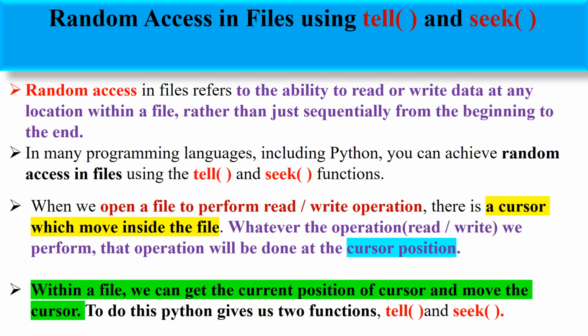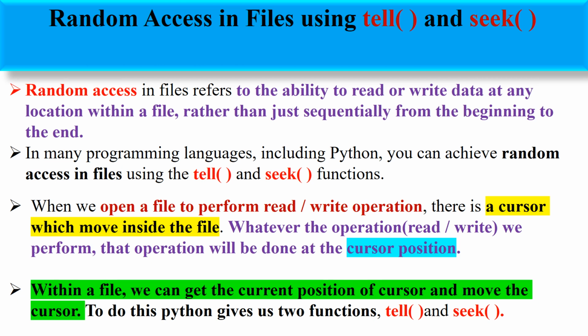Let's learn about random access in files using tell and seek methods. Random access in files refers to the ability to read or write data at any location within a file, rather than just sequentially from the beginning to the end. In real-world scenarios, files can be large, and it's often necessary to read or write data at specific positions within the file. In many programming languages, including Python, you can achieve random access in files using the tell and seek